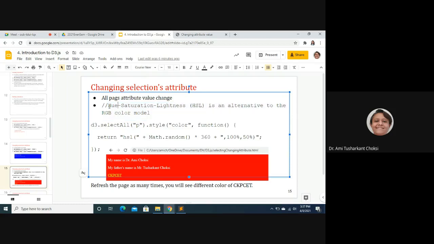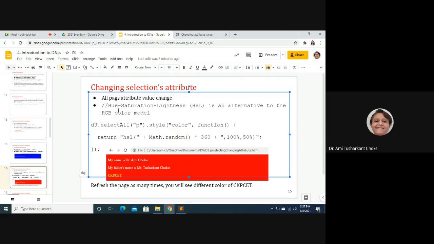Here we are using hue, saturation, lightness model, right? In computer graphics, you may have studied that. Okay, so this we are setting, and for that, what we want is we want to use the random function. First of all, we are using the HSL, that is hue, saturation, and lightness, and in that we want to use the random function.